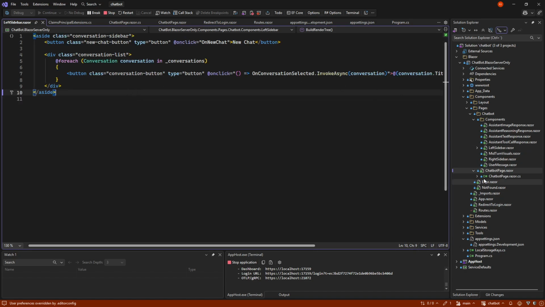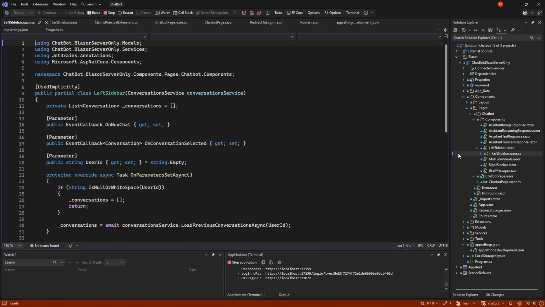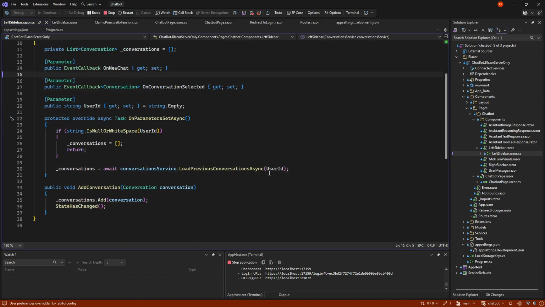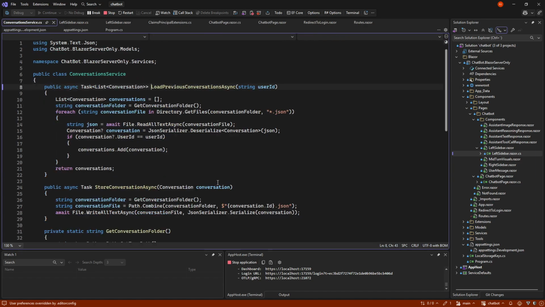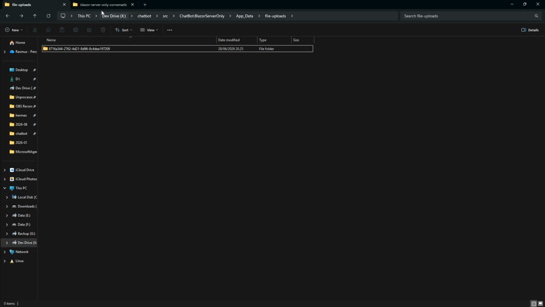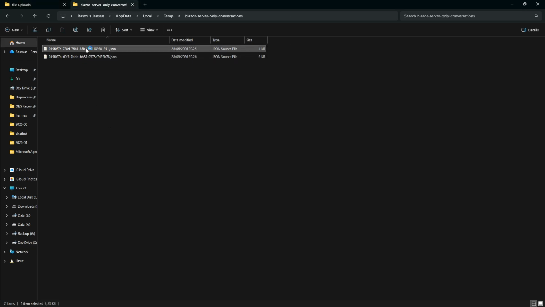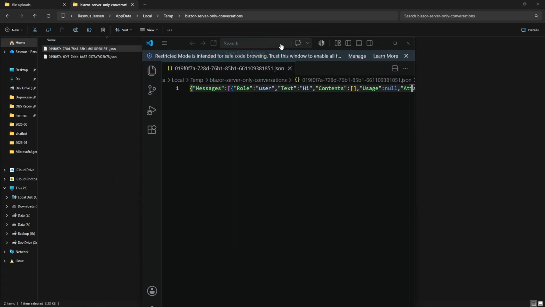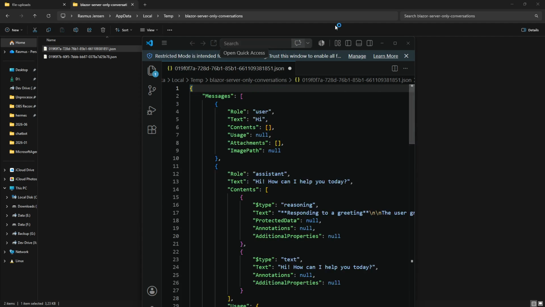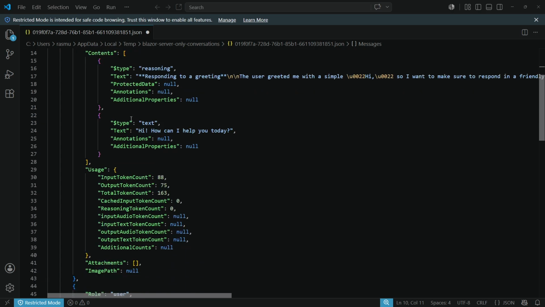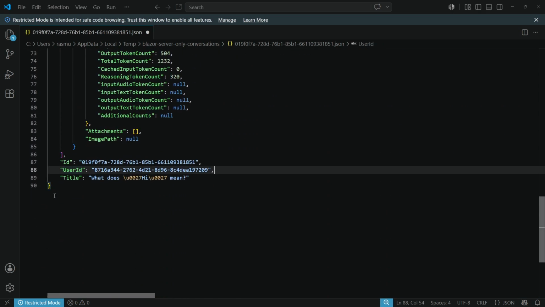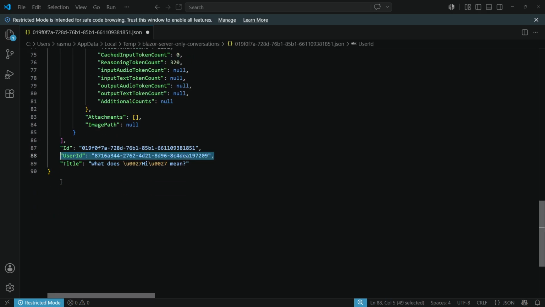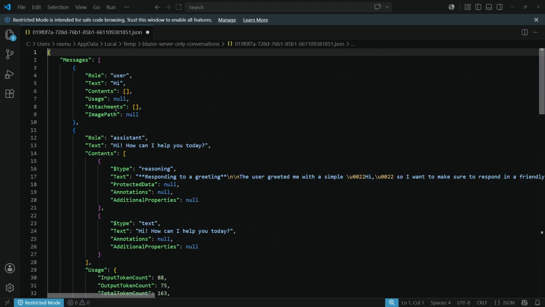So once we have the user ID, we can send that along to the left sidebar. And in the left sidebar, let's find it here, code, we send the user ID in to get our different conversations. Because on the conversation parts, let me open one of them for you, we are saving it with a user ID on it, so we know that this specific conversation belongs to this user, and so on and so forth.